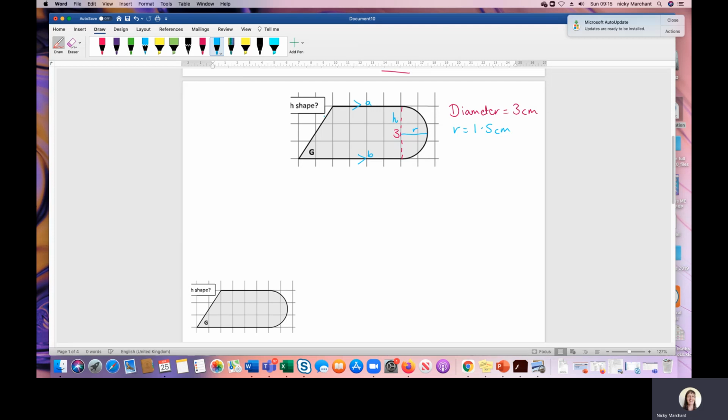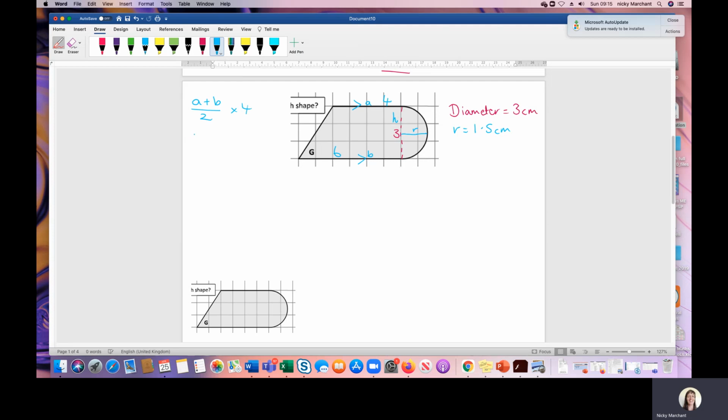Okay, this length here can be ignored for this question. So an A and a B: the A is 4, the B is 6. The diameter is 3, so the radius is 1.5. So my trapezium is going to be over here: A plus B over 2 times